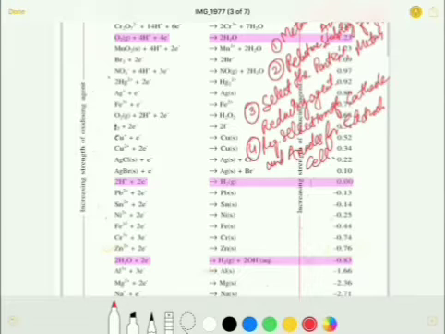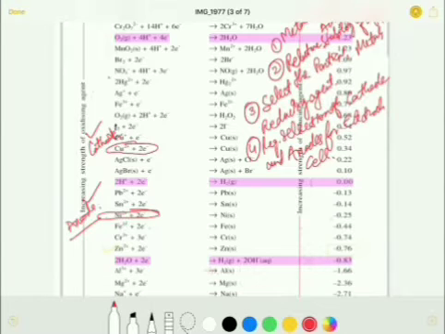So if we are given a problem, can you construct an electrochemical cell in which the cathode is acting as a cathode and nickel is acting as an anode? Is this reaction possible? Yes, this is possible because the anode has a negative standard reduction potential value and the cathode has a positive standard reduction potential value. But if we are given the reverse combination, that nickel is given in combination with zinc, in which nickel is the anode and zinc is given as a cathode,